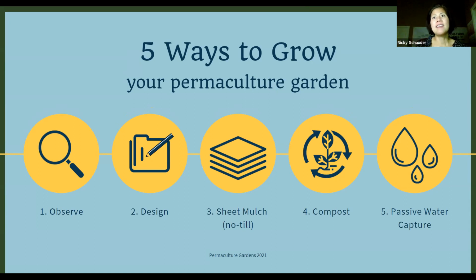The second is to design, to actually sit down, look at those notes, look at what you remember, analyze it, and then draw out your property on a map and design it with however much you know about permaculture and the zone 0 thing and guilds, and design a small part of your yard. Start small. And then when you do decide to go into the garden and start with sheet mulch and start growing your garden,